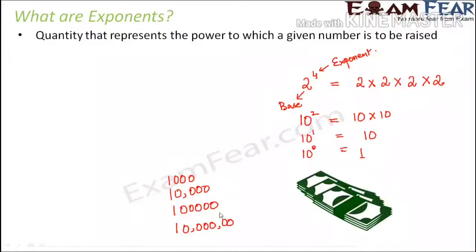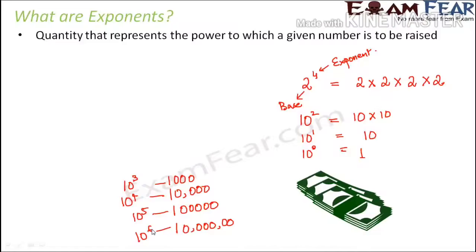So you see, representing numbers with more zeros sometimes becomes inconvenient. If I suddenly show you this number and ask how much it is, you actually need to count the number of zeros, units place, tens place, hundreds place, and only then you'll be able to tell whether it is 1 lakh or 10 lakhs or 10,000. But instead, if we represent them like this, 10 to the power 3, 10 to the power 4, 10 to the power 5, 10 to the power 6, that becomes more convenient. In this fashion, we can make use of exponents very conveniently.